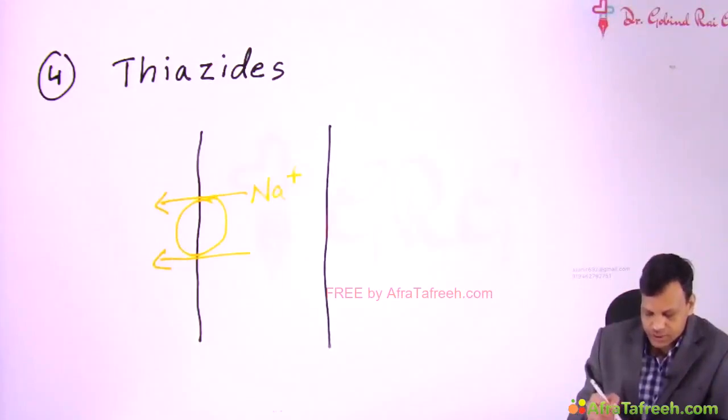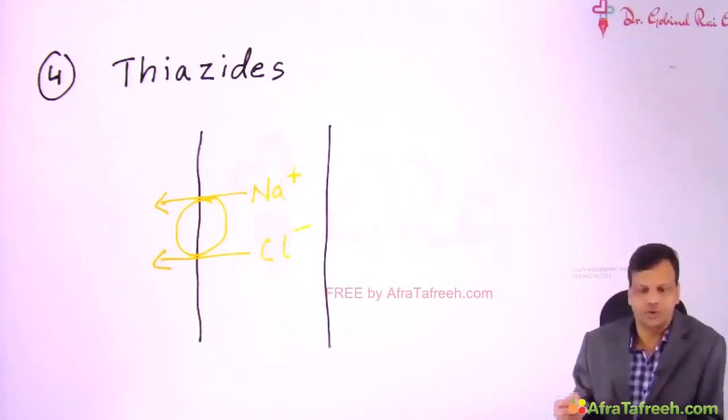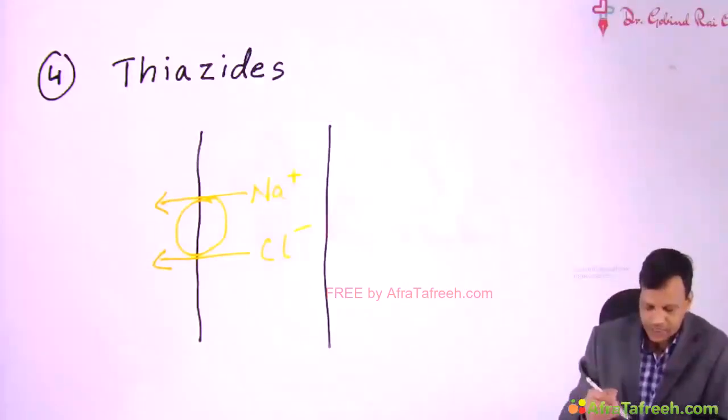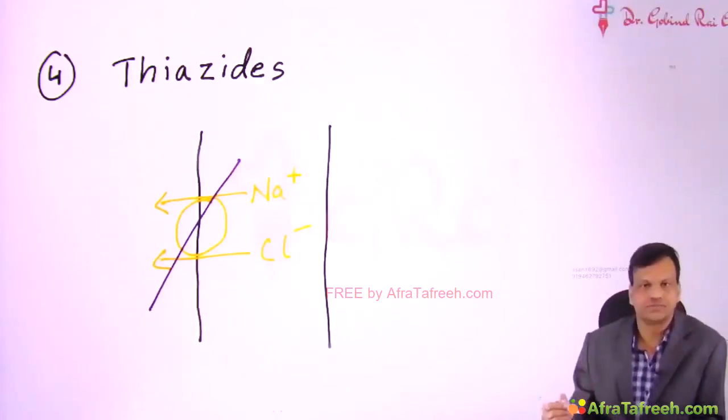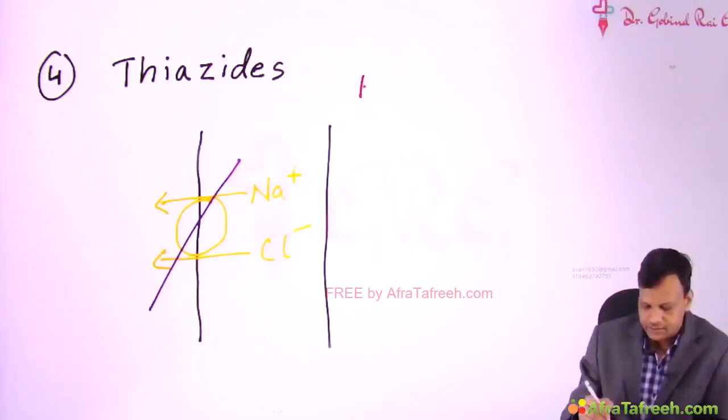Distal tubules contain the sodium chloride symporter, so they help in absorption of sodium and chloride. Thiazides act by inhibiting these transporters. The examples of thiazides: any drug which ends with thiazide, like